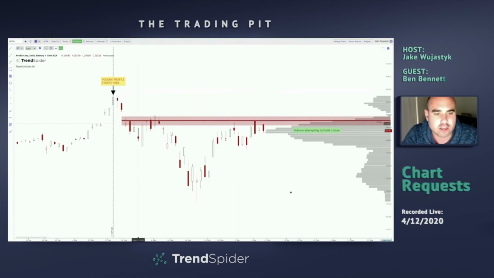So that's all I wanted to mention. I wanted to just show the fact that Amazon had already broken through this kind of shoulder line, whereas NVIDIA has not broken through it yet, but we still have that really strong volume base here forming. And so we'll have to see if this pulls an Amazon into next week. Ben, I'm going to hand it back off to you, and let's see what these look like on a different time frame.